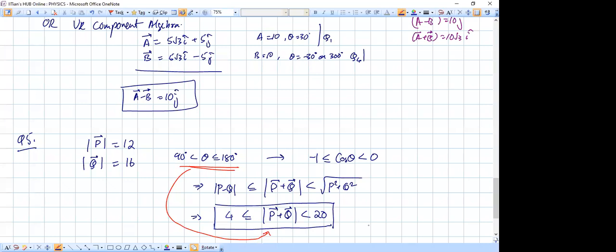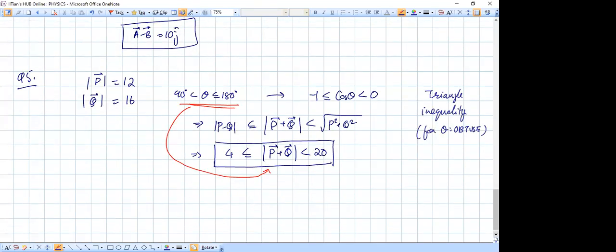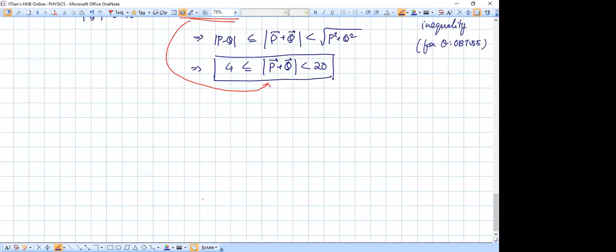Yeah. So fifth question is clear, people. So this is that triangle inequality. But which one? For theta being obtuse, not the general case. Okay. So that's where knowing the inequalities helps a lot. And like we discussed last time, one easy way to remember the inequalities is from this kind of diagram. So the moment you visualize that theta is obtuse, you can see that